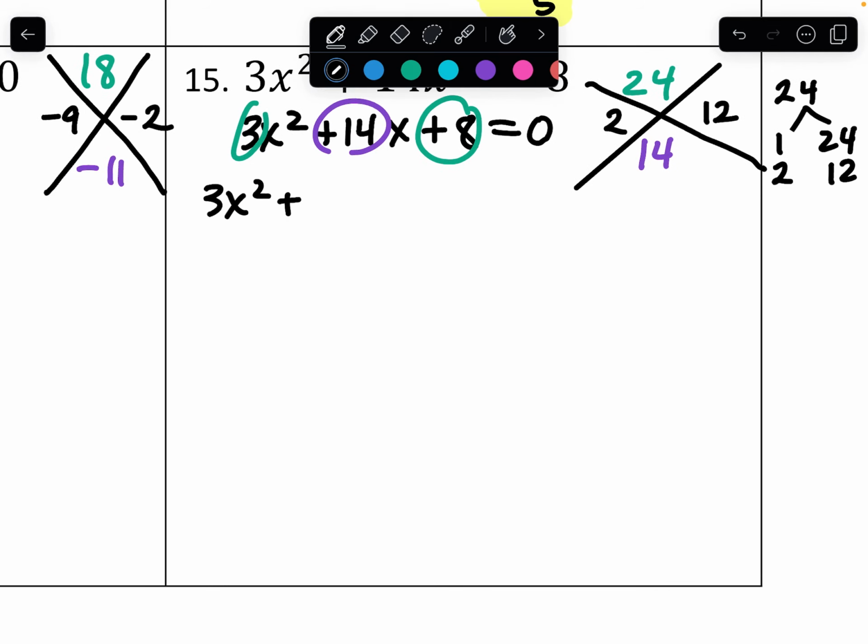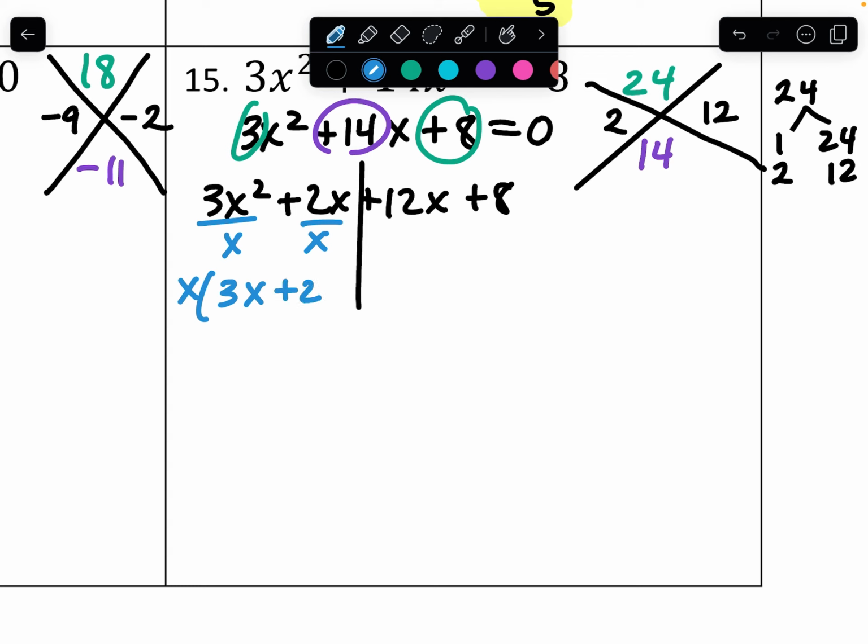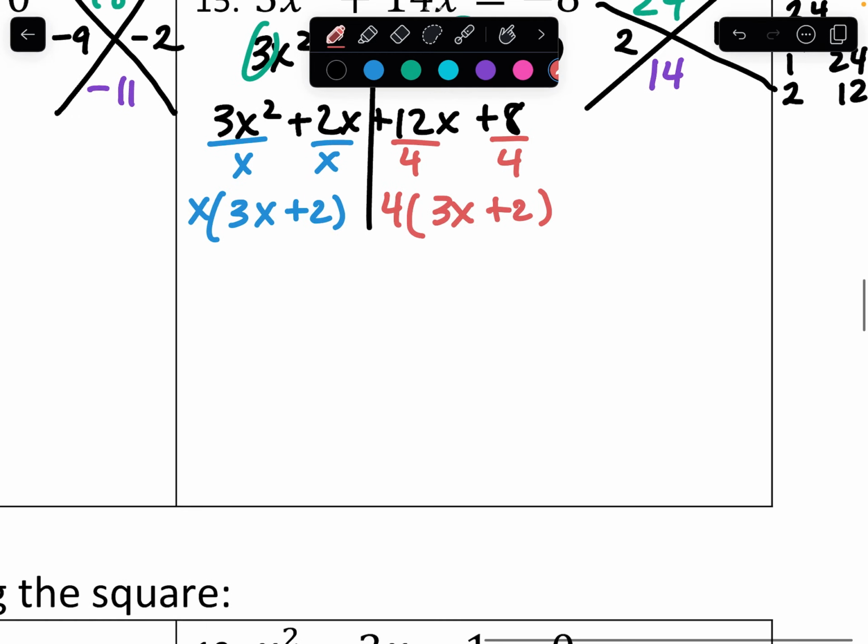So 3x squared plus 2x plus 12x plus 8. We can get an x out of the first pair, leaving a 3x plus 2. We can get a 4 out of the second pair, leaving a 3x plus 2. So 3x plus 2 is one of our factors, and x plus 4 is the other,